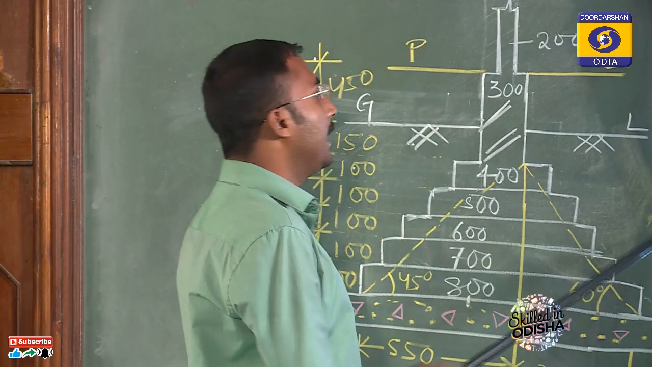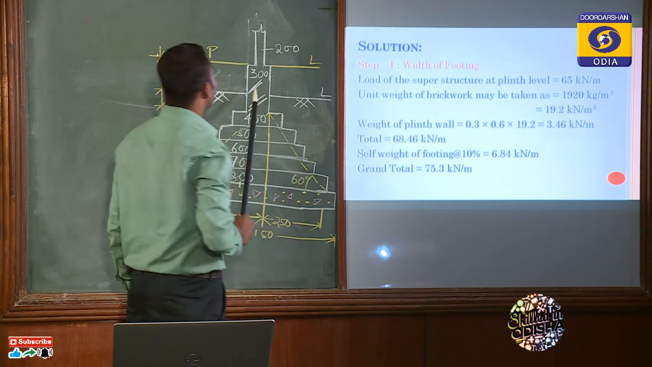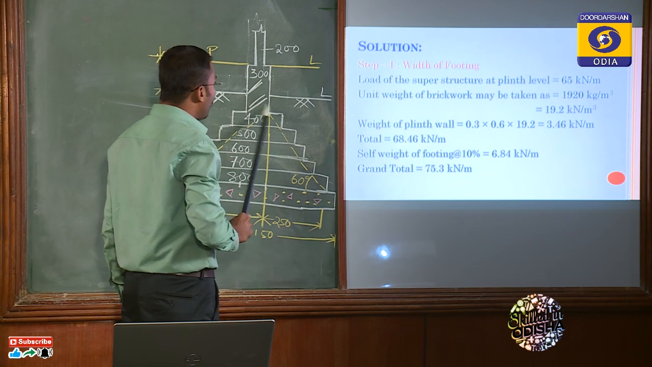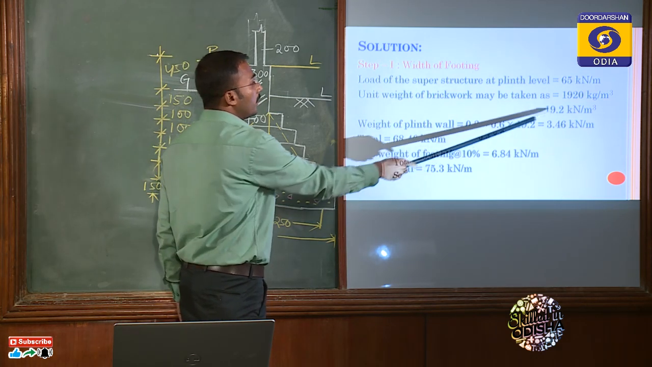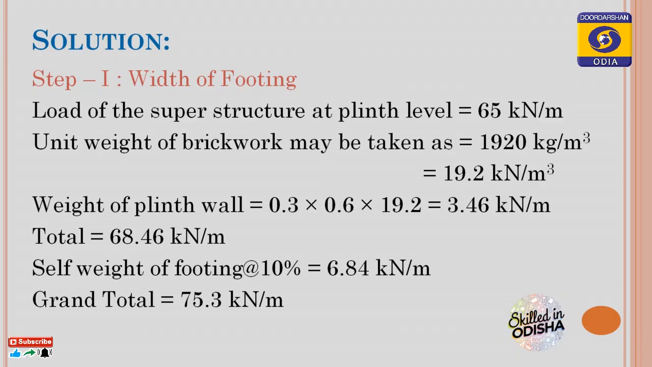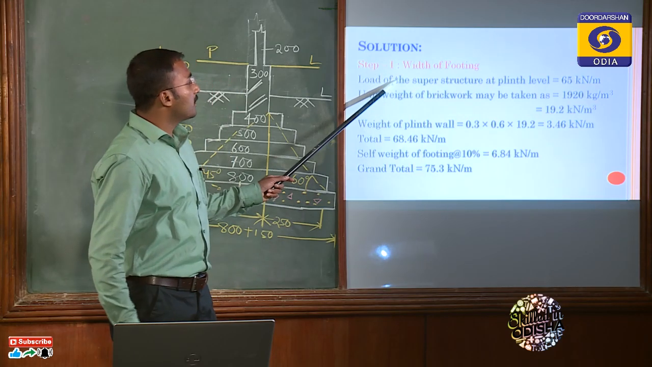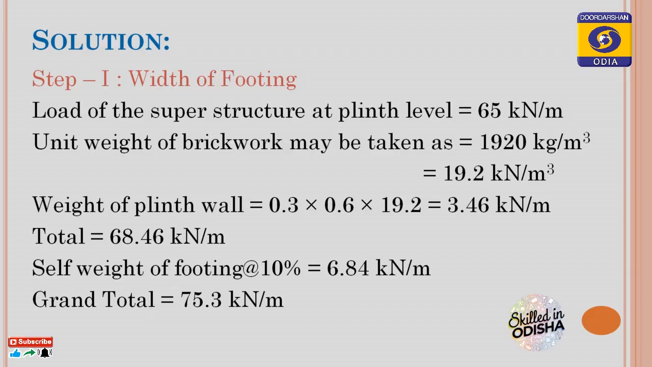And we know the unit weight of the brickwork is 19.2 kilonewton per meter cube. So in this portion, the unit weight of brickwork is taken as 19.2 kilonewton per meter cube. So 0.3 into 0.6 into 19.2 comes to around 3.46 kilonewton per meter. The load of the superstructure, that means the superimposed load, is 65 kilonewton per meter, and the brickwork,